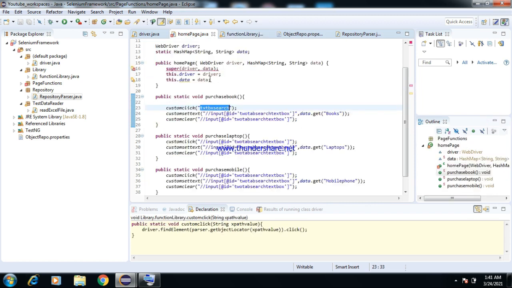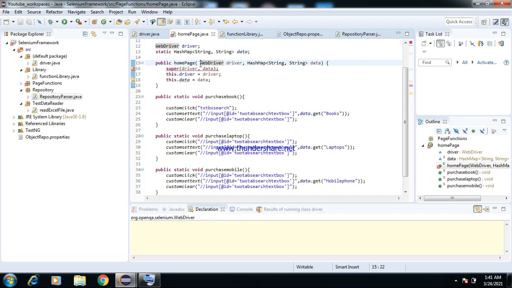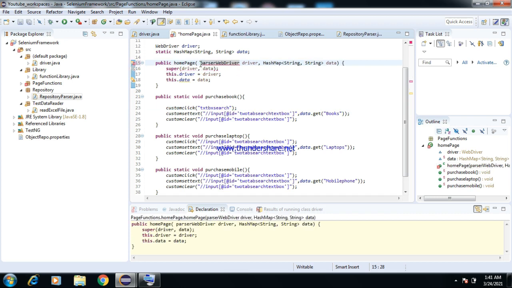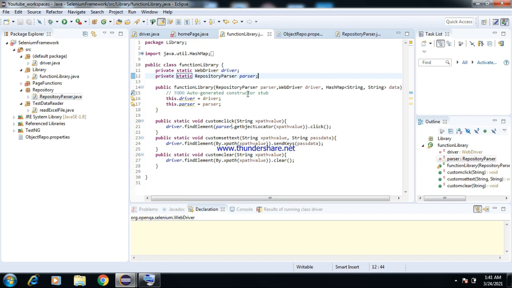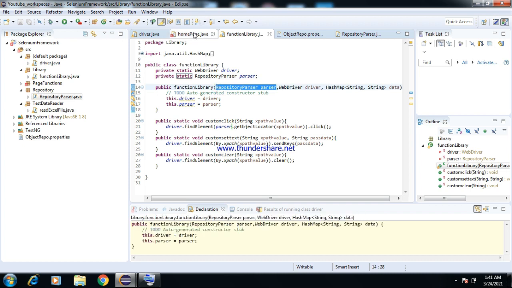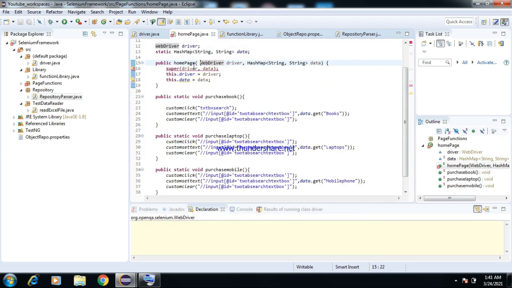Moving to the homepage class. Simply I'm making the changes in the homepage constructor also. So what we have done in the functional library, we need to do the same in the homepage also. Changing it accordingly.